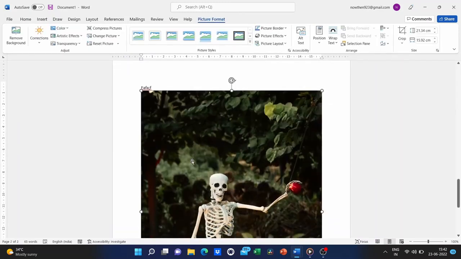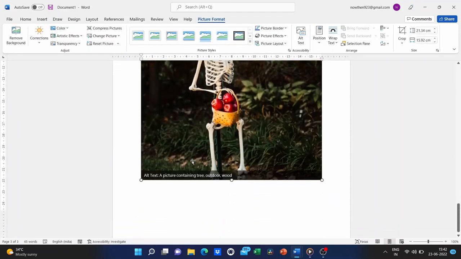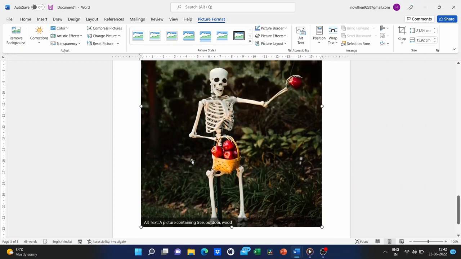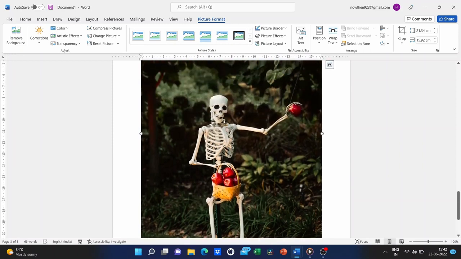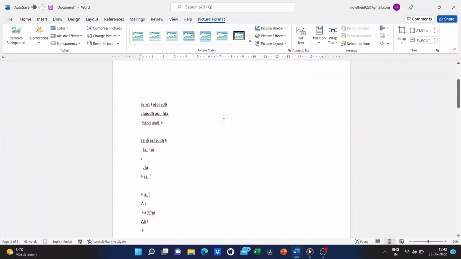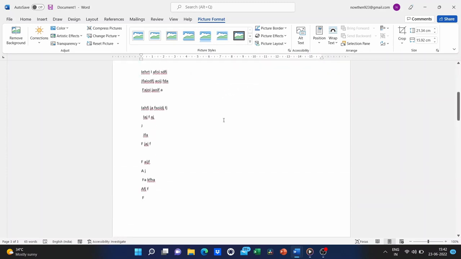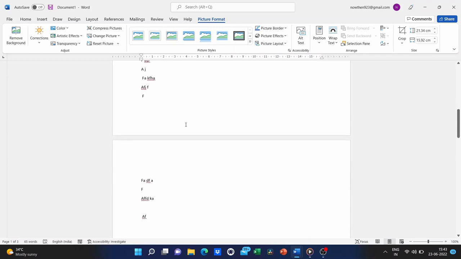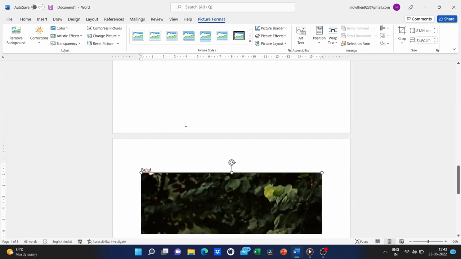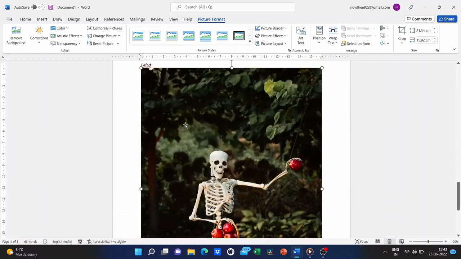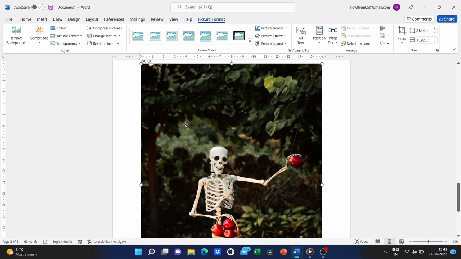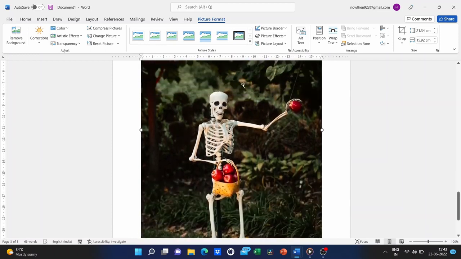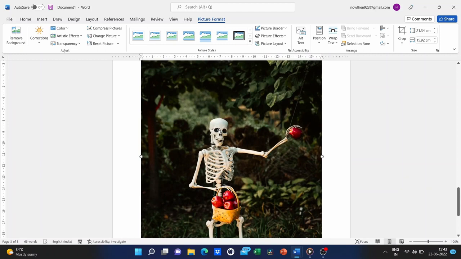Now whenever you put a photo or an image into Microsoft Word, it brings up some difficulties. For example, that is not at all where I wanted that photo to be. I wanted it to be here, in between the text up here and the text down below, and so this is a problem. The other problem is the photo came in way too big. So let's fix some of these issues. The first thing I'm going to do is click on the picture.